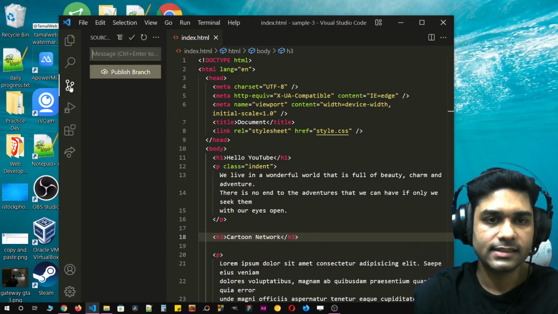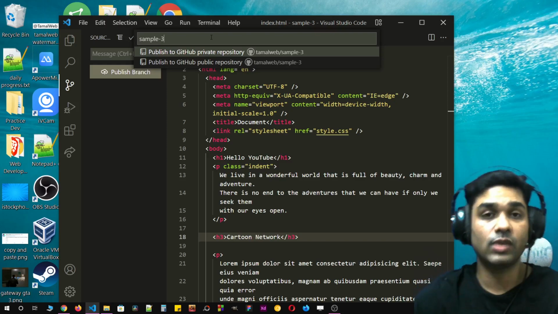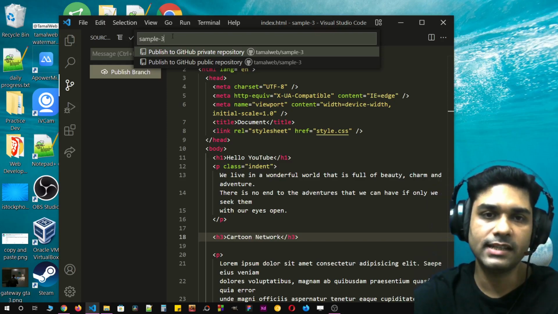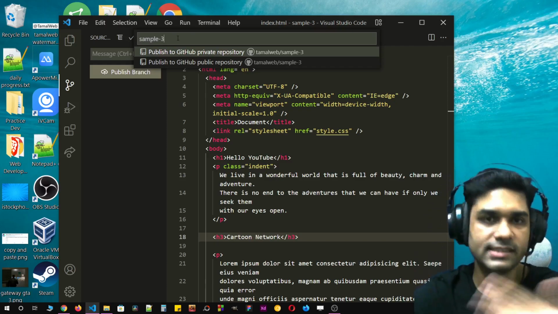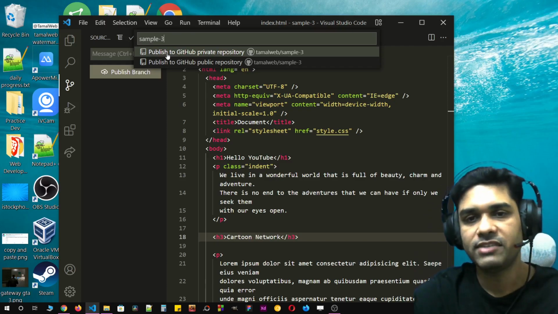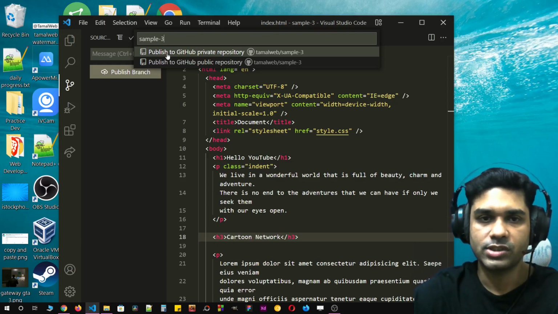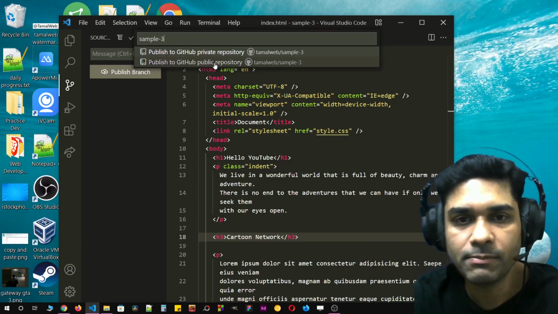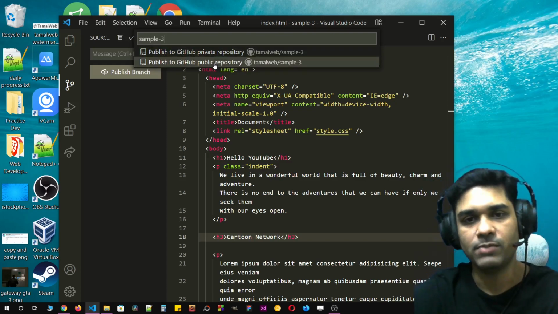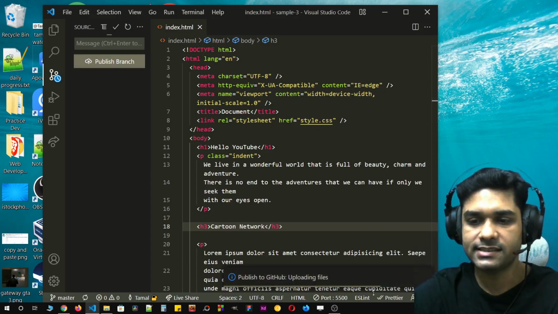So let's just click here and click on publish branch. It's going to ask what you are going to name the branch. I'm going to name it the same as my folder name. You can change it, you can give it anything that is supported and available in your account. Do you want to publish it as a private repository or a public repository? I'm going to make it public. Select public, and now it's going to publish my changes